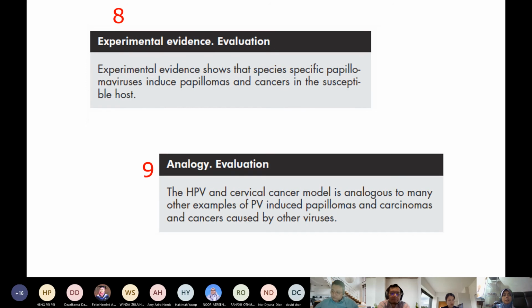Number 8 is experimental evidence. Experimental evidence shows that the species-specific papillomavirus induces papilloma. Meaning if you do experiments in animals, it can show that this virus will induce papilloma in a susceptible host. Of course, experiments are not in humans. The 9th is analogy. The HPV and cervical cancer model is analogous to many other examples of papilloma and cancers caused by other viruses. So you can look for other examples, but this is one of the achievements when developing the vaccine,